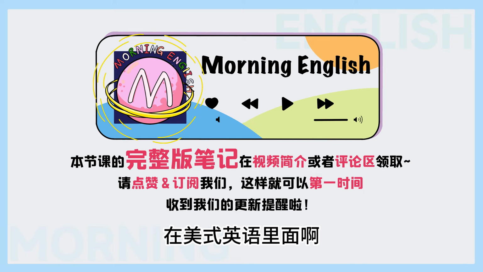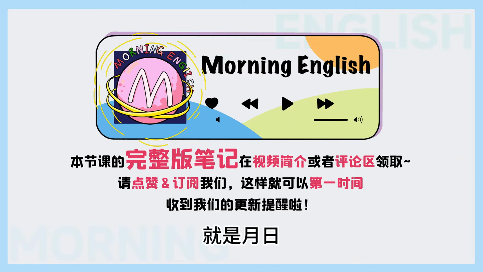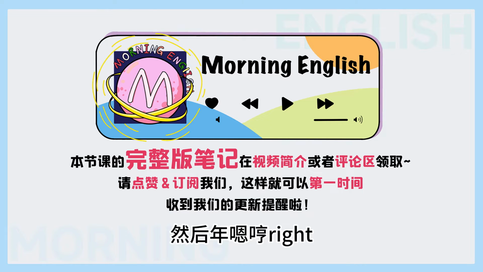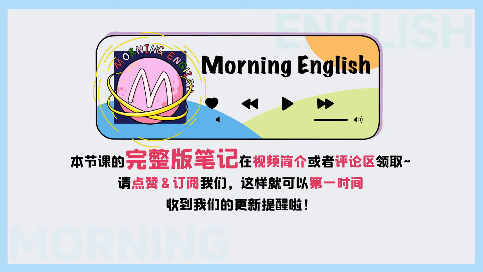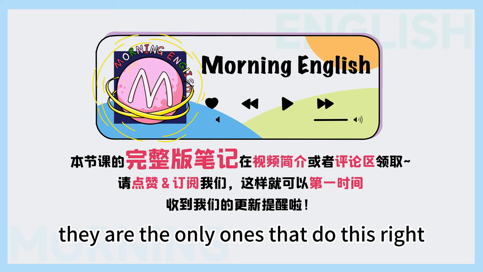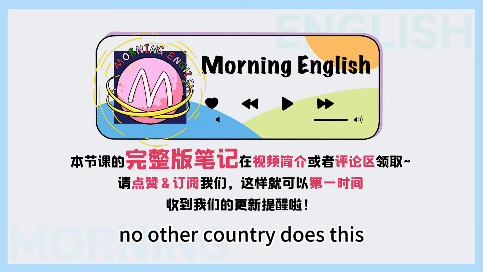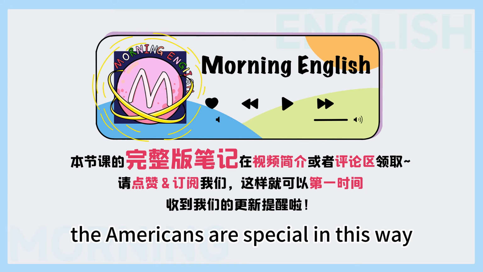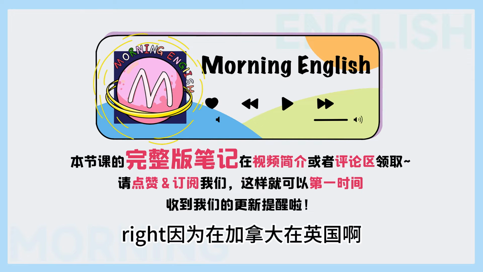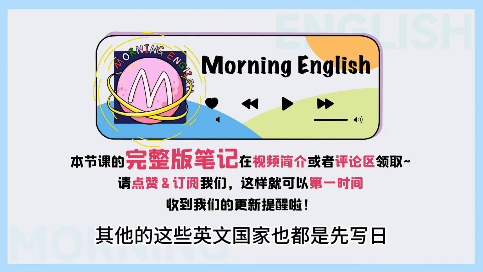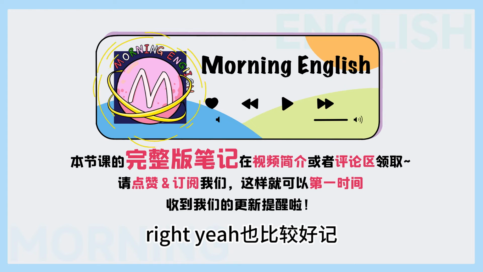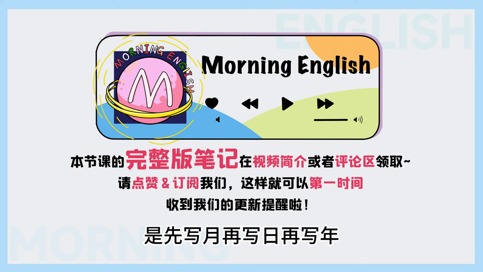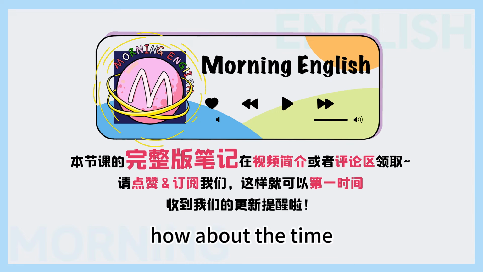Yeah, 在美式英语里面就是月、日，然后年。Right? Yep. 所以就会很混乱。They are the only ones that do this, right? That's right. No other country does this. The Americans are special in this way. Right. 因为在加拿大、在英国其他的这些英文国家也都是先写日，再写月，再写年，从小到大，right? Yeah, 也比较好记，就是跟我们反过来。但是美国人呢是先写月，再写日，再写年。